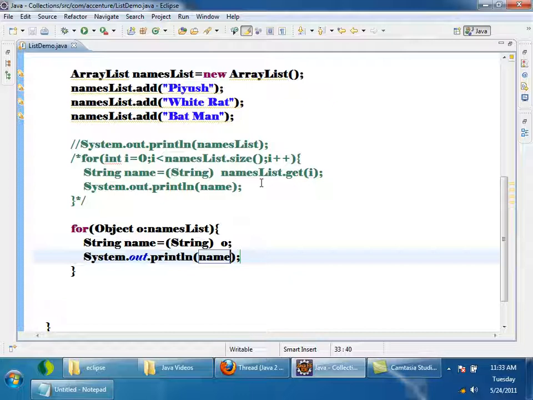So you are using a superclass reference o to point to the first element. And as you know it is a string object, you are typecasting it to string and printing. Second time in the loop, second element. Third time in the loop, third element. Until when? Until the size of this list. This is another way of iterating over a collection.